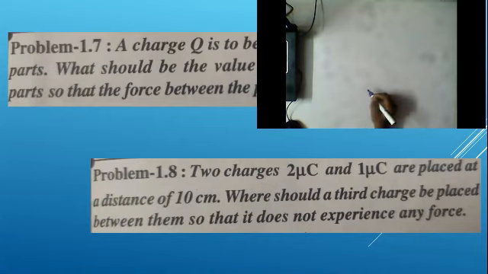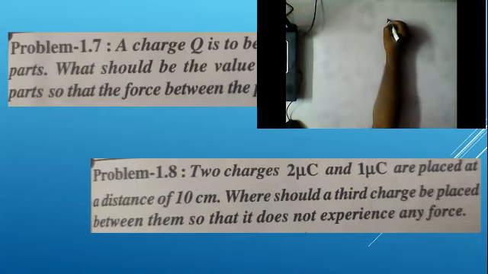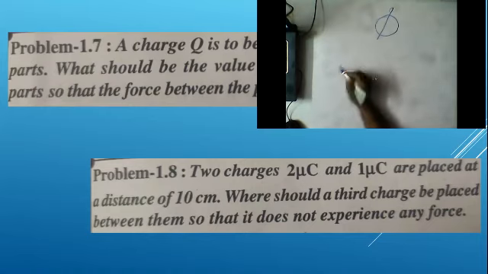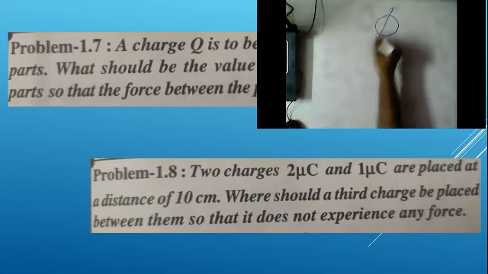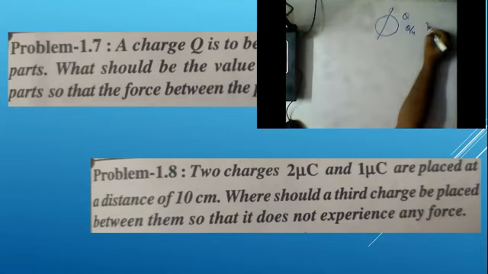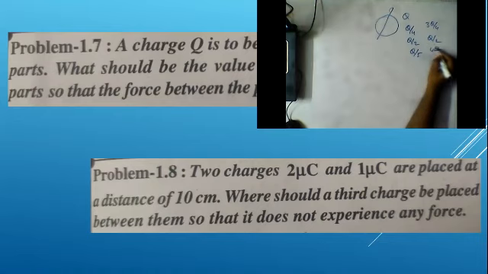Okay, so here you need to understand the point. This is a capital Q, sorry, this is a charge, and it is made into two pieces. What should be the quantity? This capital Q is there. So either it is Q by 4 and 3Q by 4, or Q by 2 and Q by 2, or Q by 5 and 4Q by 5. By dividing which way will the net effective force be maximum? That is what our question is.